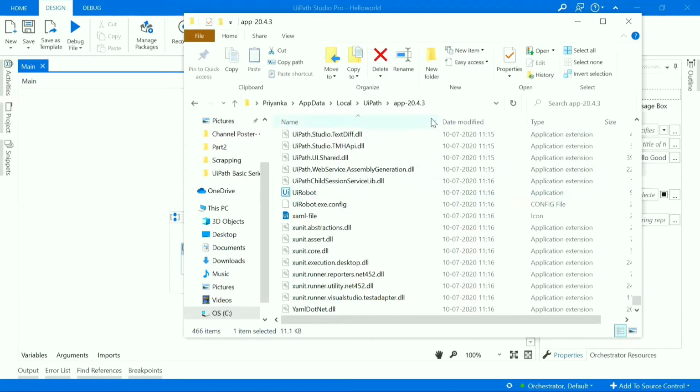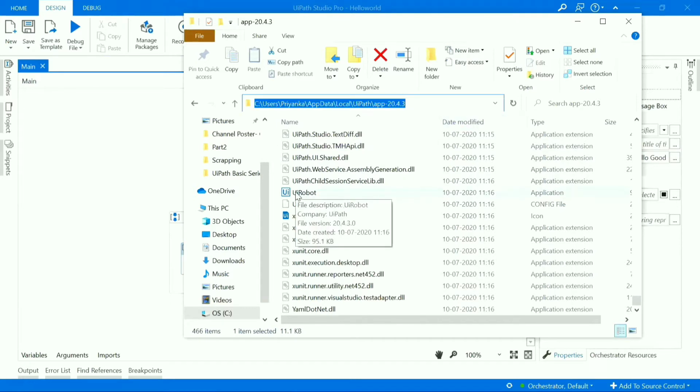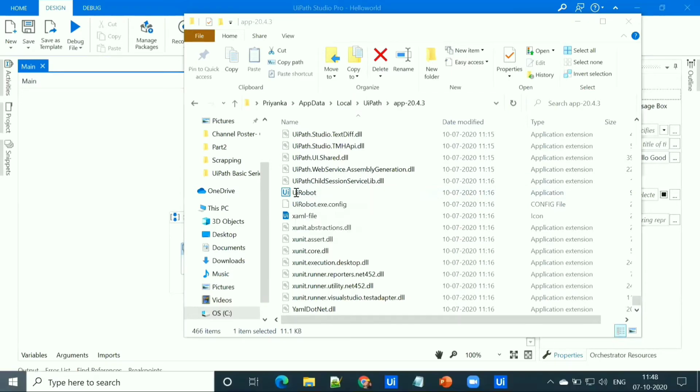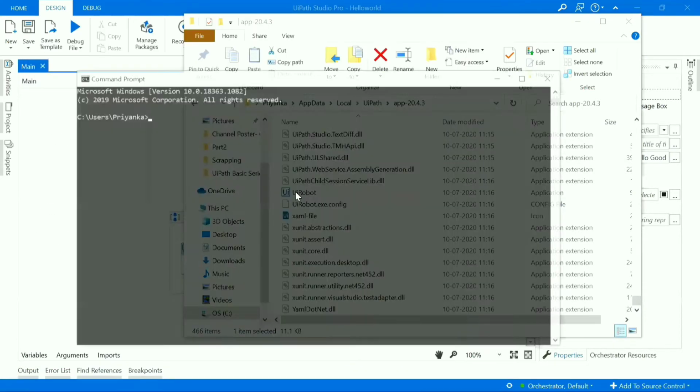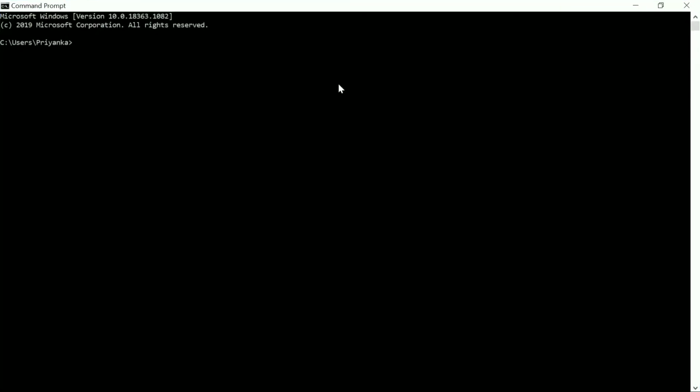For my configuration, it is under this folder. So let's simply copy this path and go to CMD by typing CMD. Let's type CD to change the directory, and I have to navigate to the folder where my uirobot.exe is located. So now we are under this folder.